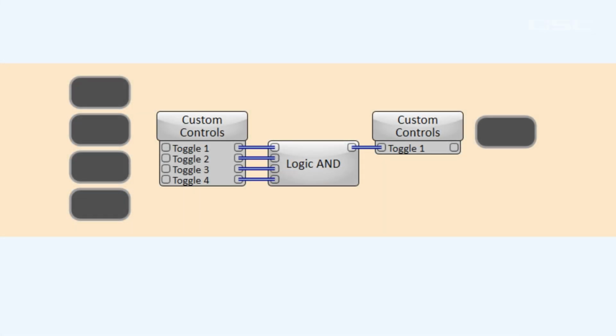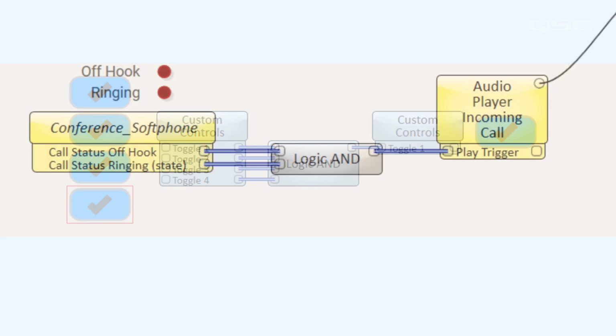and momentary buttons. Logic AND is an AND gate, meaning that it will only output a value of 1 if every single one of its inputs also has a value of 1. 1 and 2, and 3, and 4, that satisfies the conditions. If you want to activate a control only after a number of other criteria have already been met, you might use logic AND. Here we have a